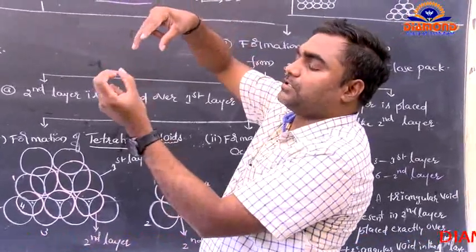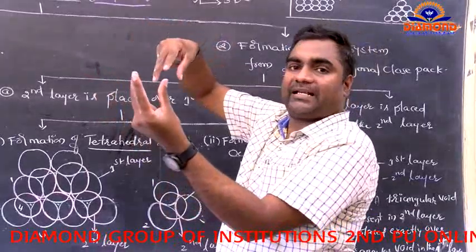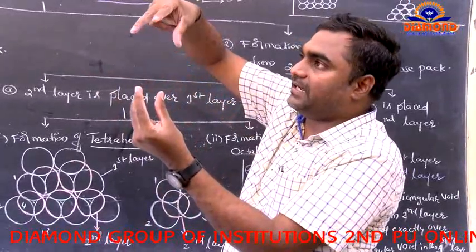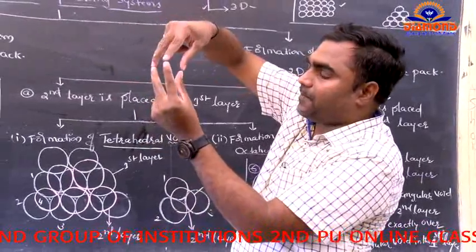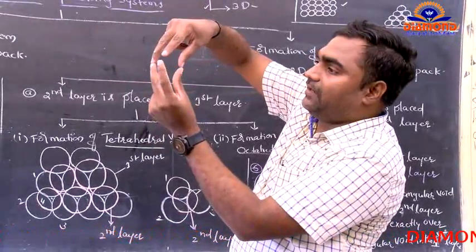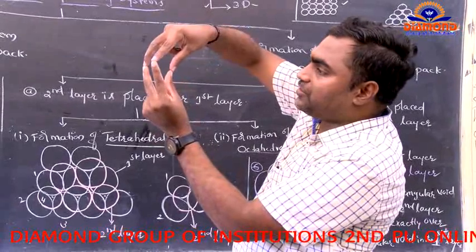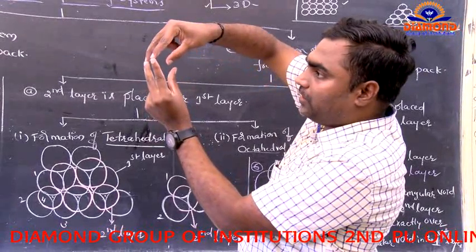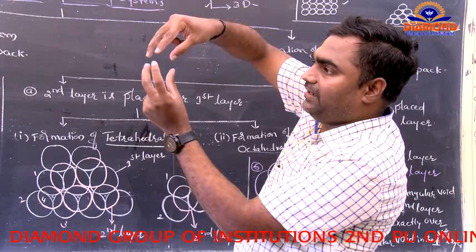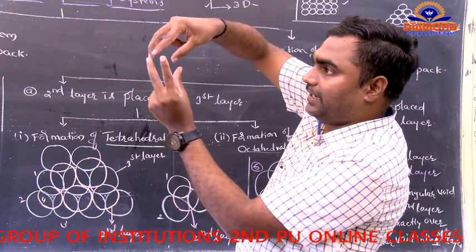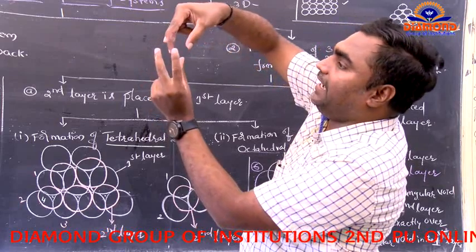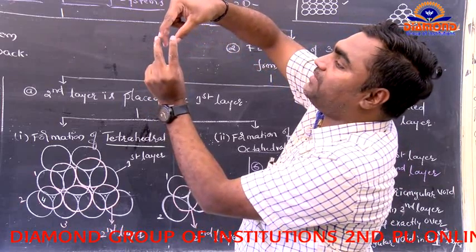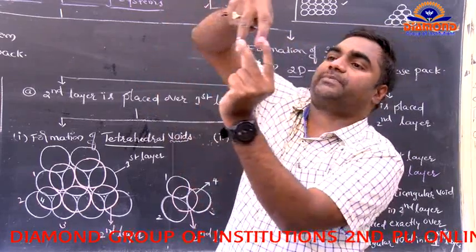So once again, there are three spheres in the first layer, and three spheres in the second layer. Place exactly over here. But here, in between 1 and 2 we get the rotation of the fourth one. In between these two we get the fifth one. In between these two we get the sixth one. That's right. It is the exact arrangement of the total 6 spheres.